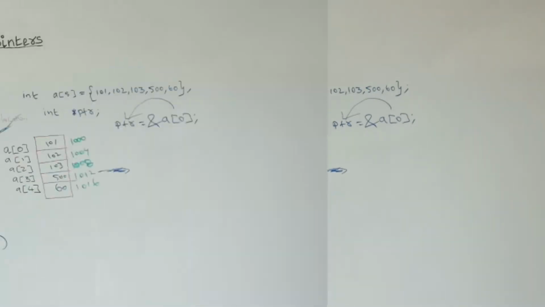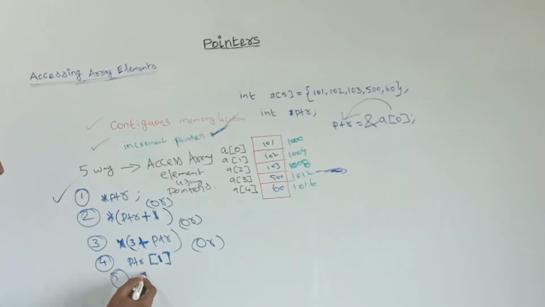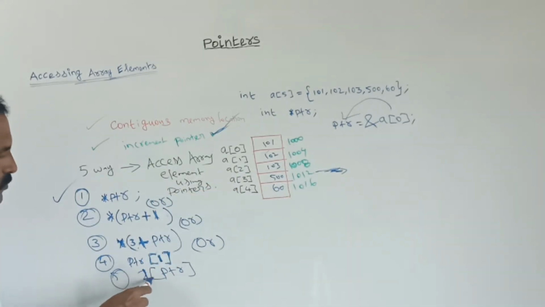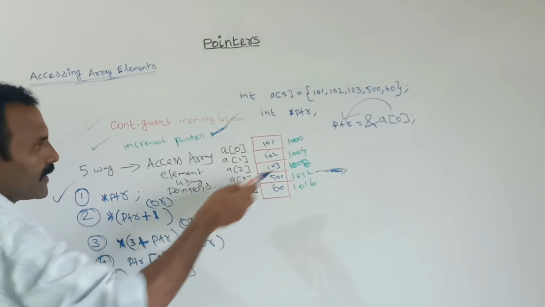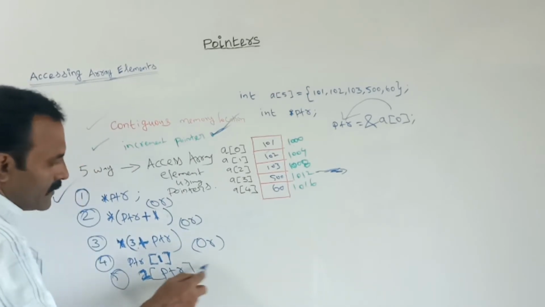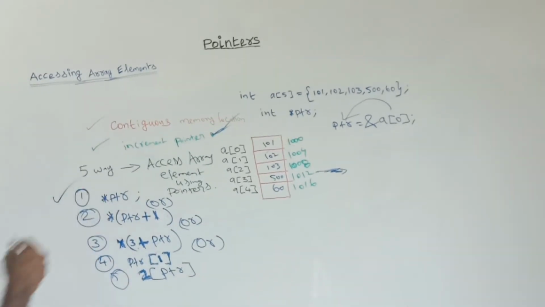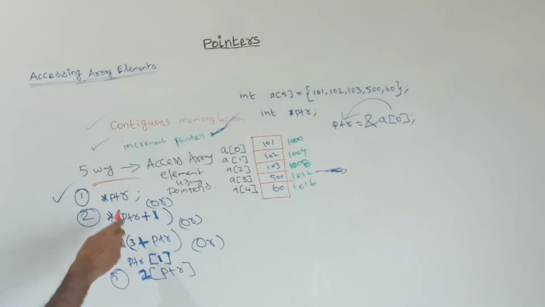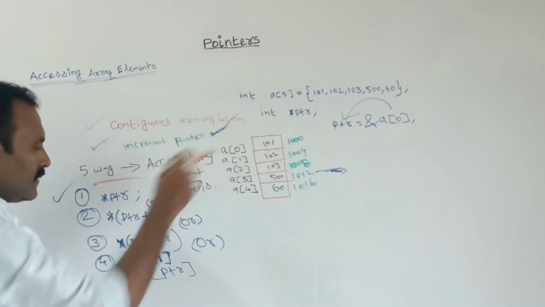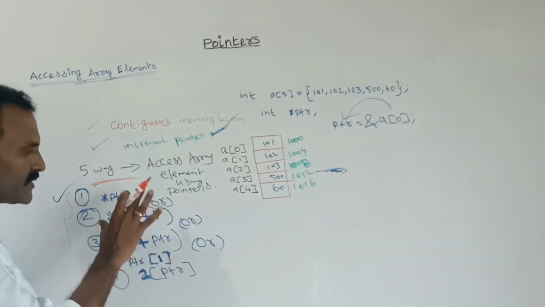Next method, the fifth way, we can use like this also. Here first we can give the number, next the pointer variable, here PTR, that is the first location of the pointer variable from the current position. First location of this pointer variable is here 102. Suppose if we are giving 2 positions next to the current position, the value is 103. So among these 5 ways we can use any one expression, and we can access the array elements with the help of these pointers.